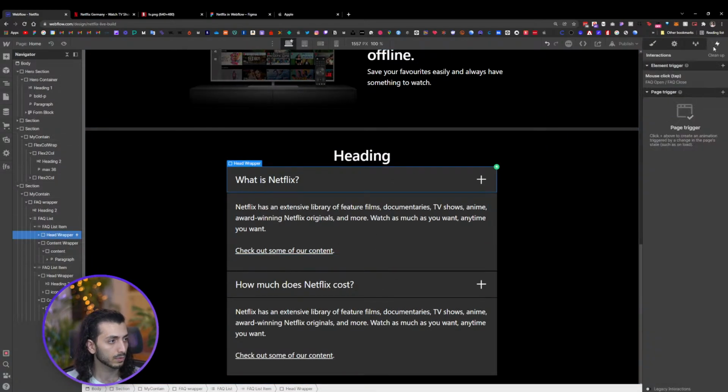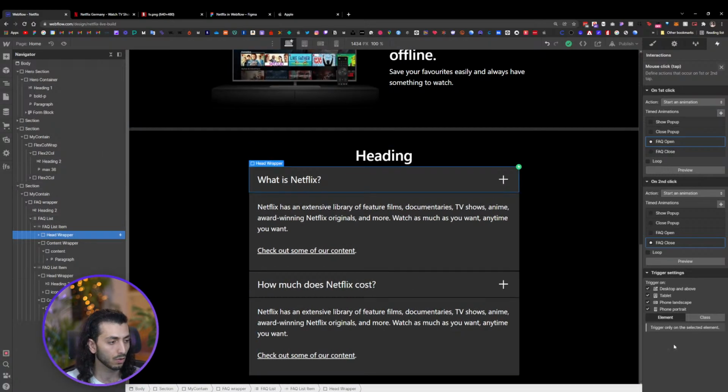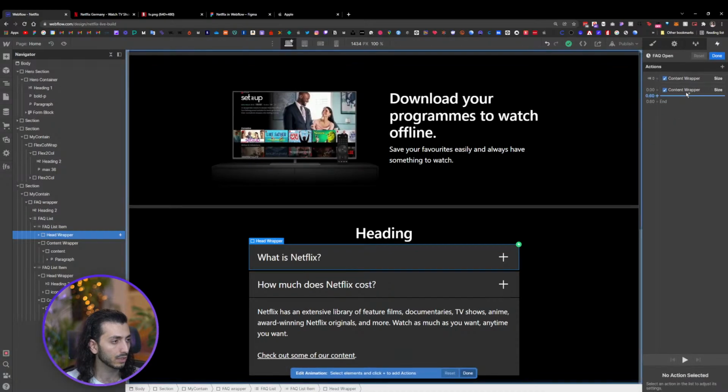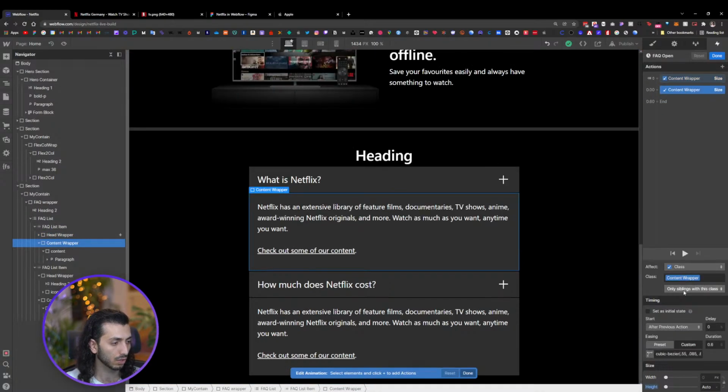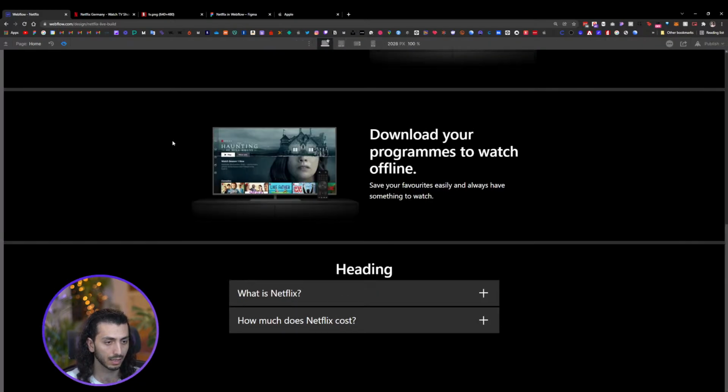Now, going back to the animation, we have these set to happen on desktop, tablet, and all the breakpoints, and it can happen on the element it's triggered on or on the class. So here we can say these are on class, and this is on element. So when we click on that,